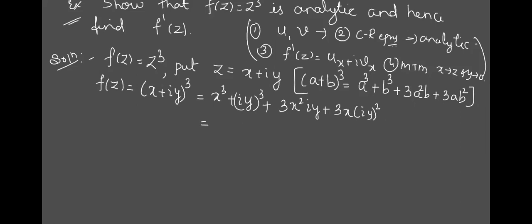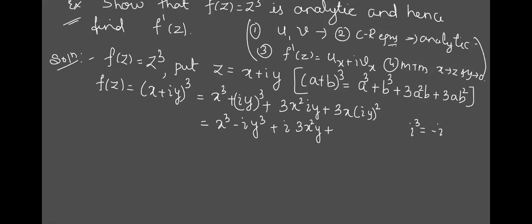Yeah, let us just simplify it. Okay, so this is now x cube. This is i cube, y cube. Can you tell me what is i cube? Minus i. Minus i is there. So here if I apply the concept, it is i cube y cube and i cube is minus i. So shall I write directly? Because I shouldn't waste steps here. So I write i cube value as minus i, then y cube is y cube. Okay, plus i into 3x square y. I'm just taking i outside so that you can identify the terms containing and not containing i.